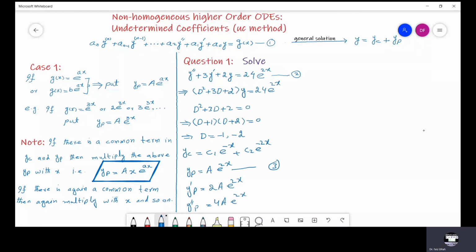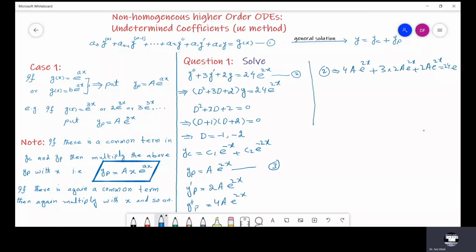So substitution of these values in equation number 2 implies that y double dash is 4a e power 2x plus 3 y dash is 2a e power 2x and plus 2, the value of y is a e power 2x,